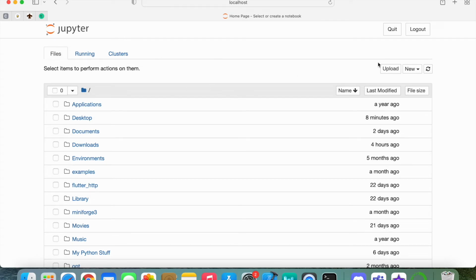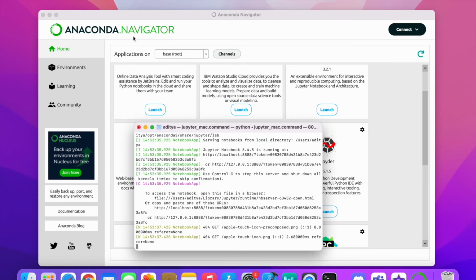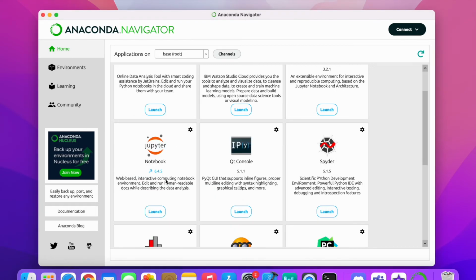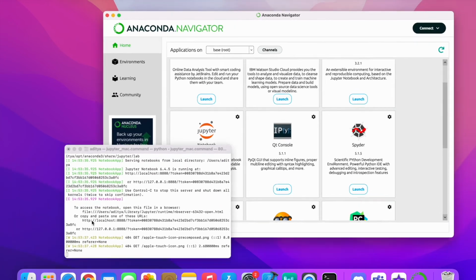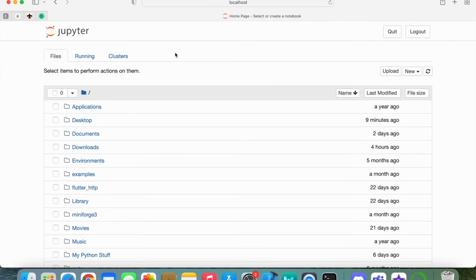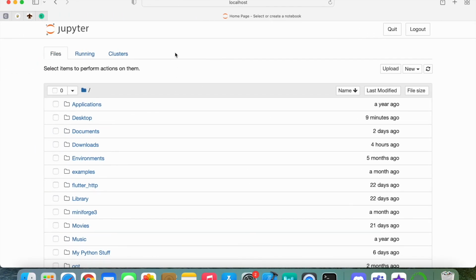And anytime you want to start running these programs, all you need to do is head over to the Anaconda Navigator and click Launch inside the Jupyter Notebook icon right here. It'll open up your terminal and it'll start running Jupyter Notebook. And that is pretty much it. That is all the stuff you need to get started. And if you need any more imports or anything else, you can rest assured that we are going to be covering all of those installations as we